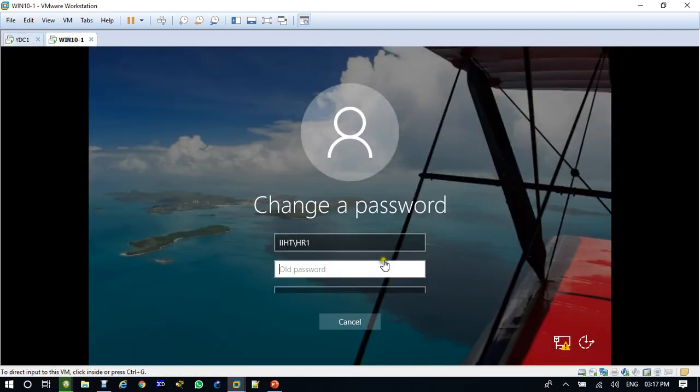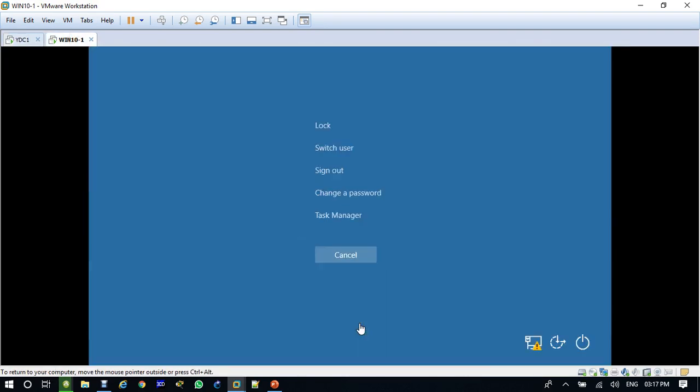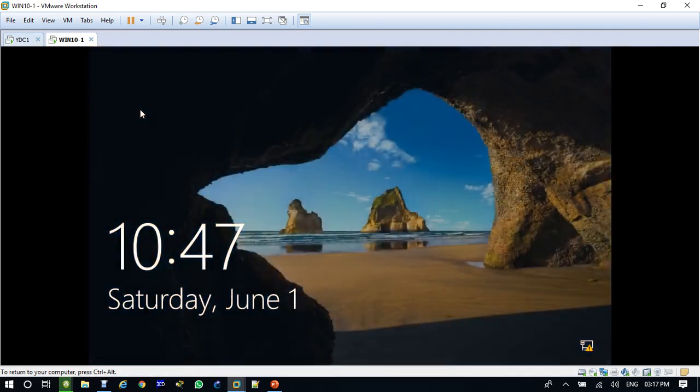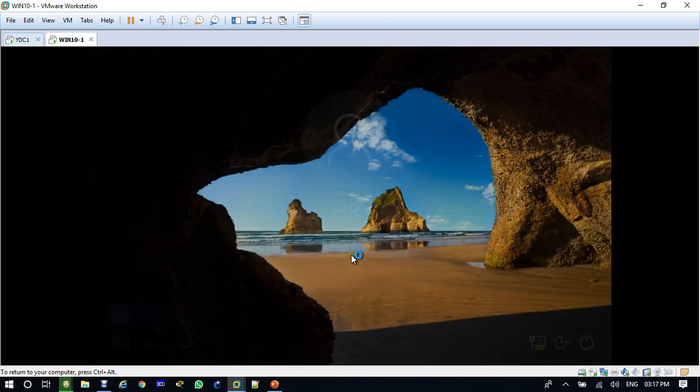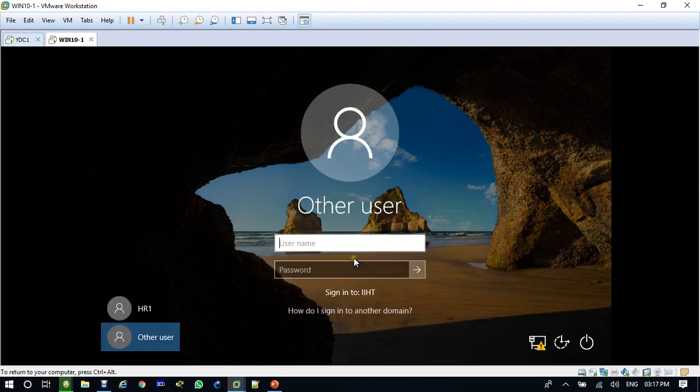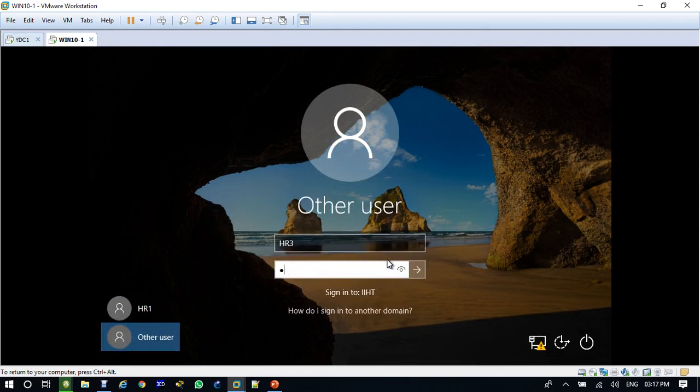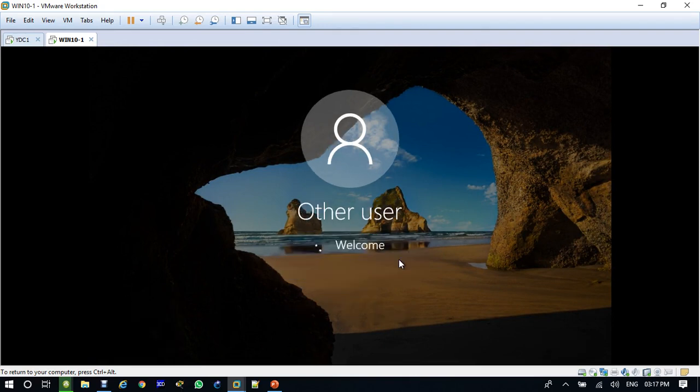But you remember that when we logged in with HR3 and tried to change the password, we were not able to change it, right? I can show you again. Log in with HR3, password 123@IIHT.